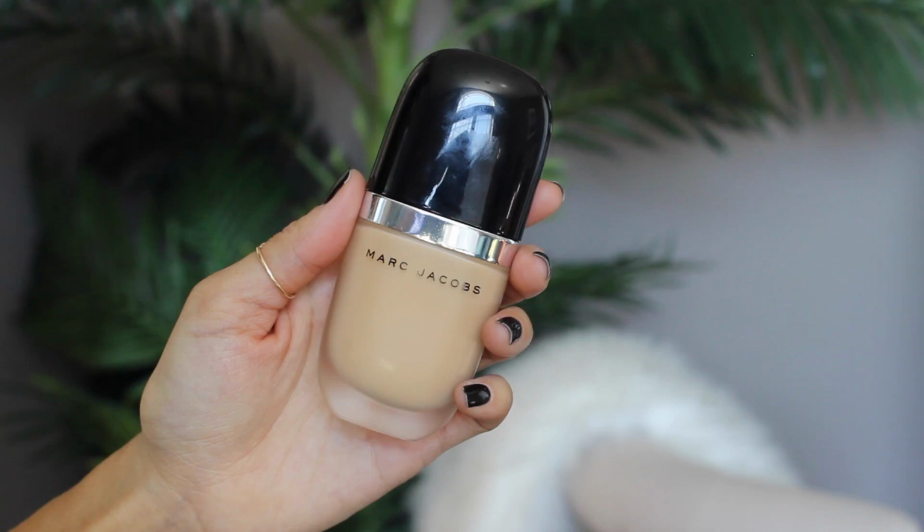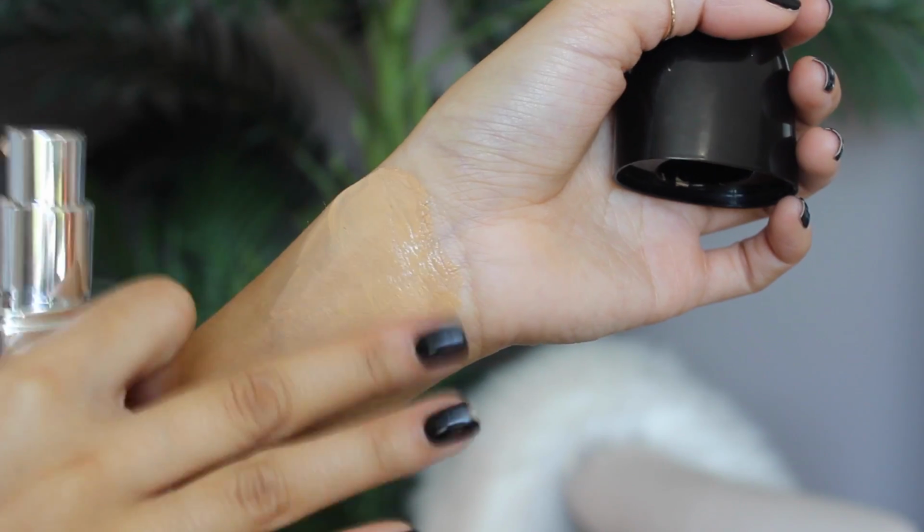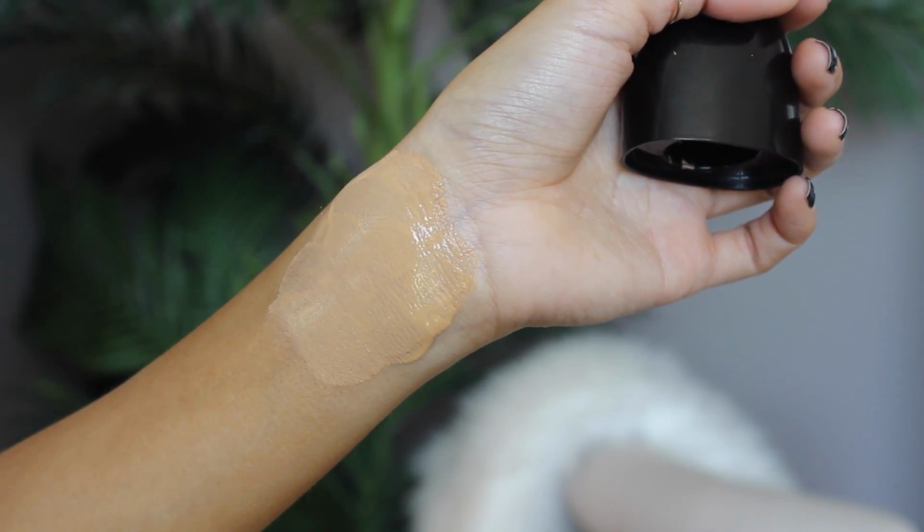Next up we have the Marc Jacobs Genius Gel Foundation. This is the ideal pick your own coverage foundation. You can do light coverage, medium coverage, to full on, full glam, full coverage with this foundation. It just builds and builds on top of itself without ever getting cakey,